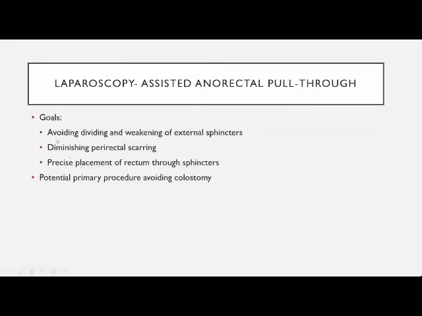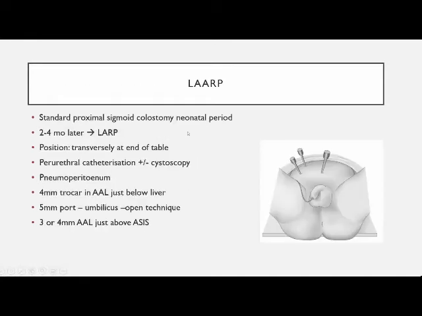Last topic will be laparoscopy assisted anorectal pull-through, which is the latest development. Laparoscopy was popularized by Georgeson for abdominal dissection in anorectal malformation repairs. The goals will be to avoid dividing and weakening of the external sphincters, diminish perirectal scarring, and achieve precise placement of the rectum through the sphincters, and it also presents as a potential primary procedure avoiding colostomy. This is done